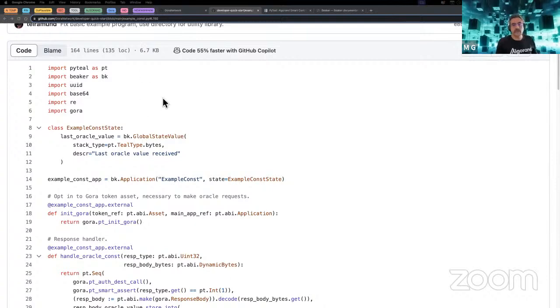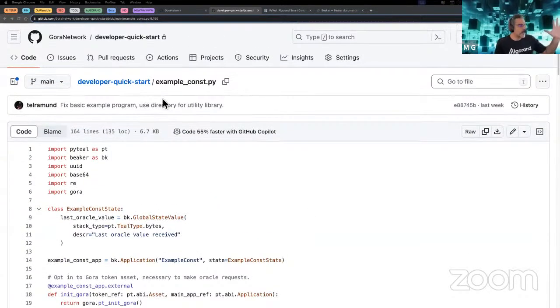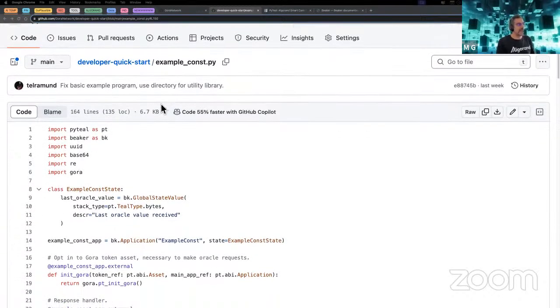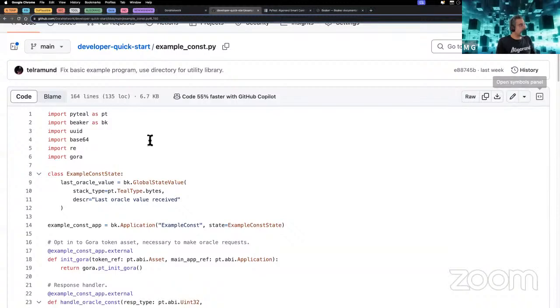Okay, if you go through the one body application of the example const.py, you will see that, first of all, let me explain what each of these things here is doing. PyTeal is a higher level language for a VM that eventually compiles to Teal. It is an easier way, using Python-like syntax, to create smart contracts for Algorand, so very useful. And Beaker is an amazing framework on top of PyTeal and even other near-to-JavaScript-based